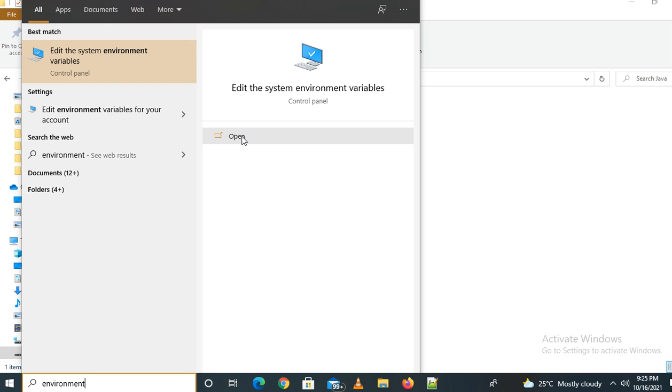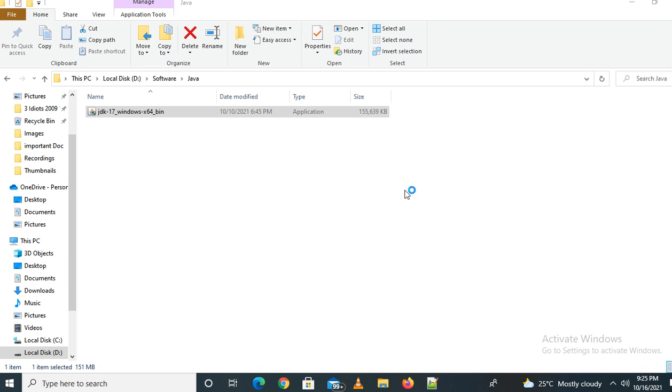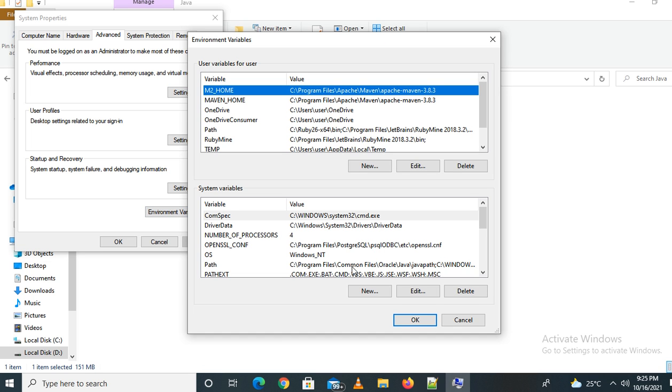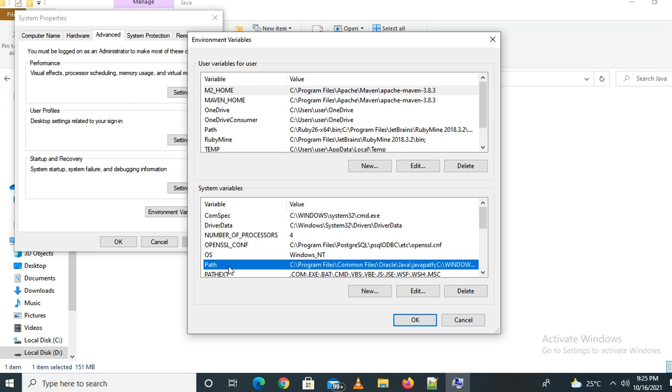Click Open. This is the System Properties window, and this is the Advanced tab. Click on the Environment Variables button.